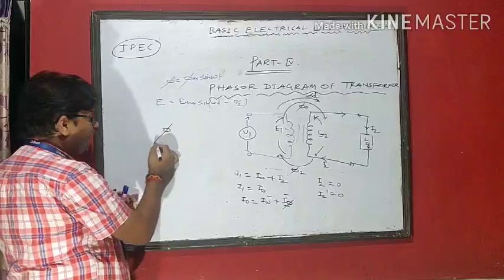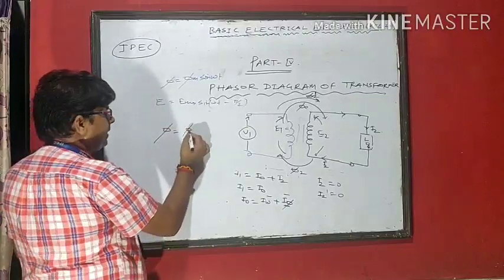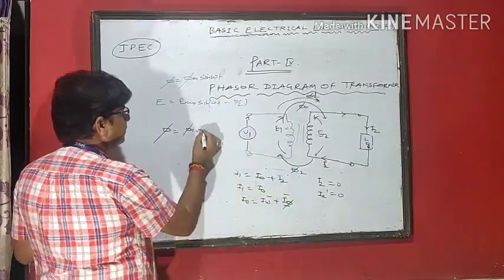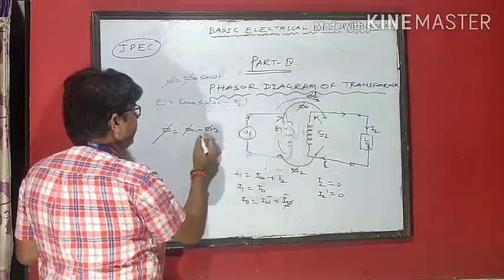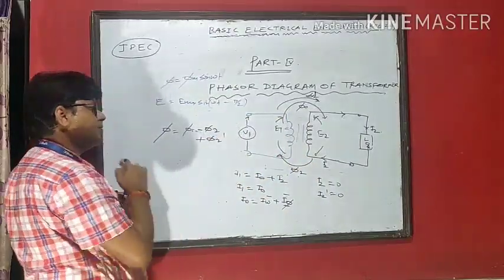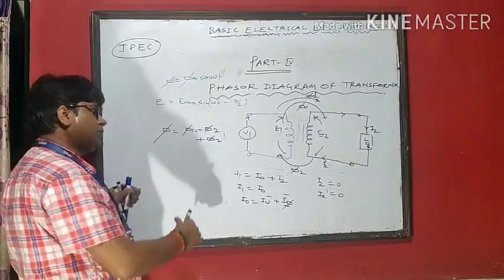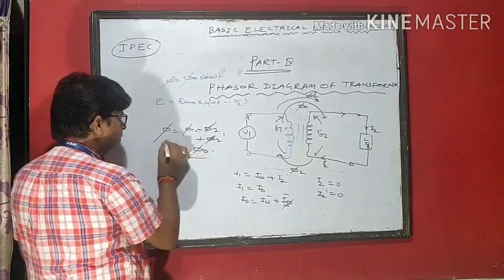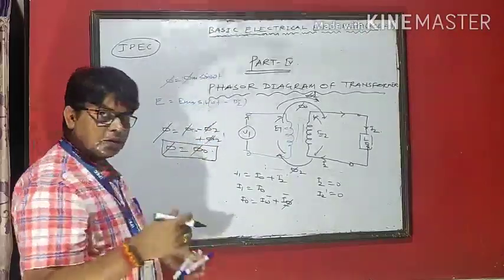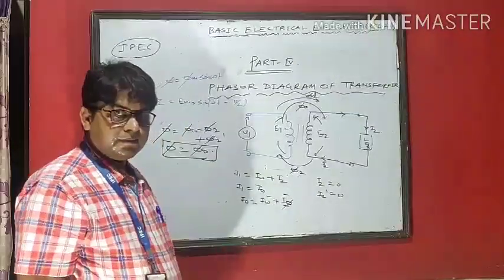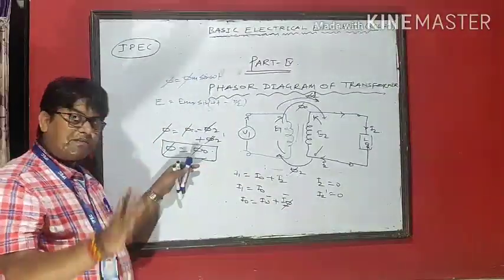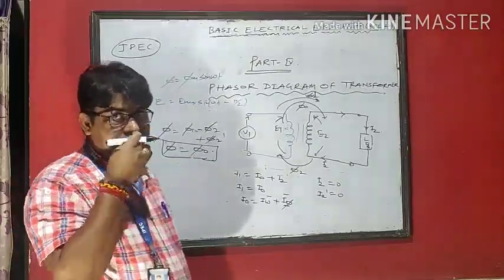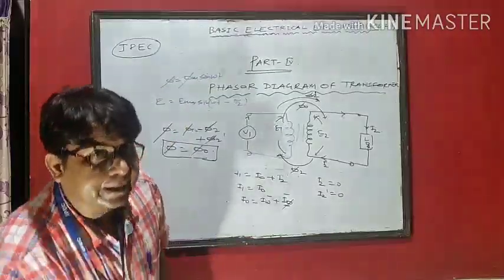So the total flux phi equals phi naught minus phi 2 plus phi 2 dash. Phi 2 and phi 2 dash have the same magnitude, so they cancel each other. So the flux phi equals only phi naught. The transformer is also working at the same flux, that is the main flux, only one flux. Phi equals phi naught. So this is the basic concept of a transformer when the flux is the same.